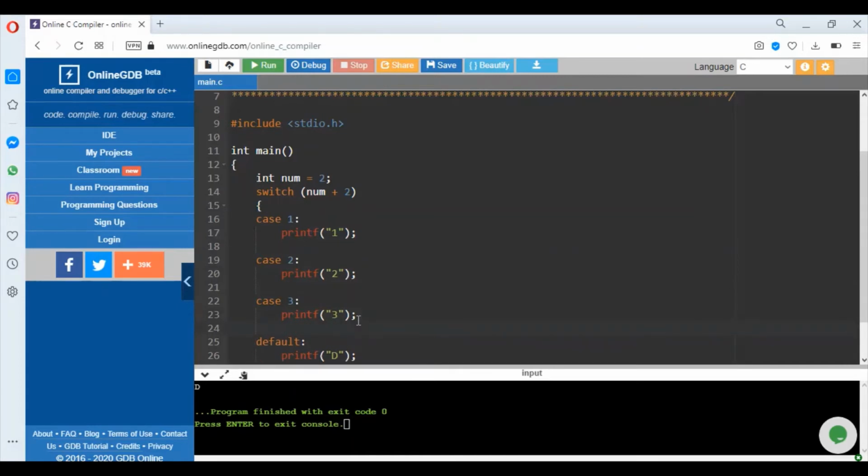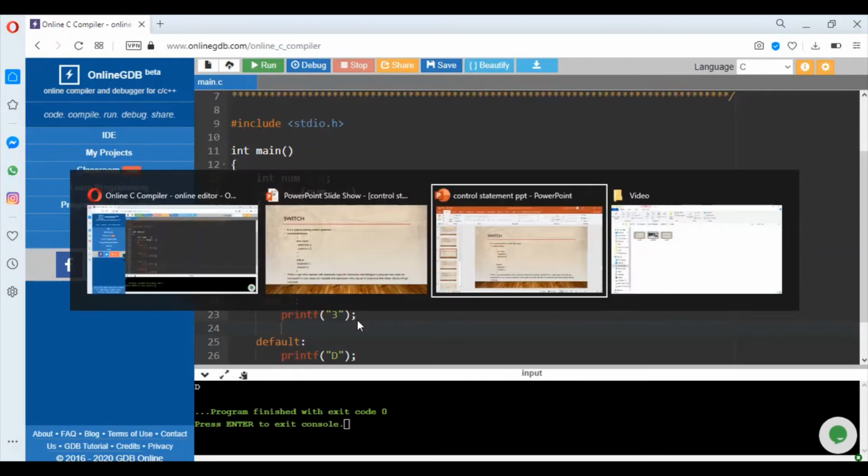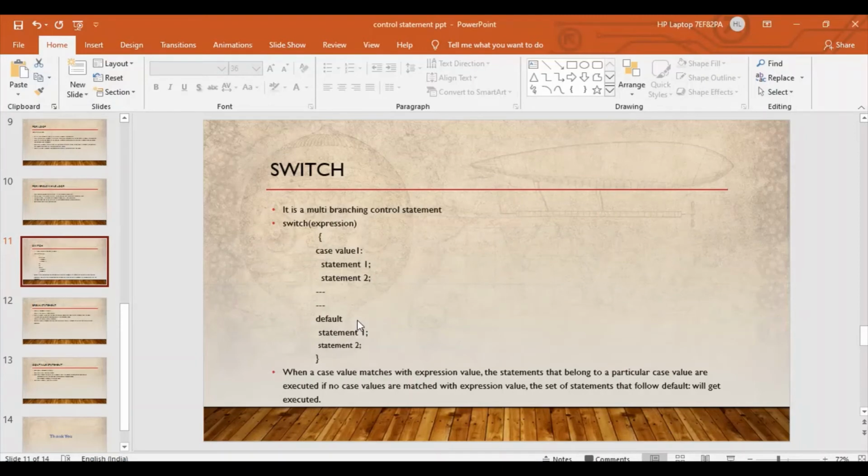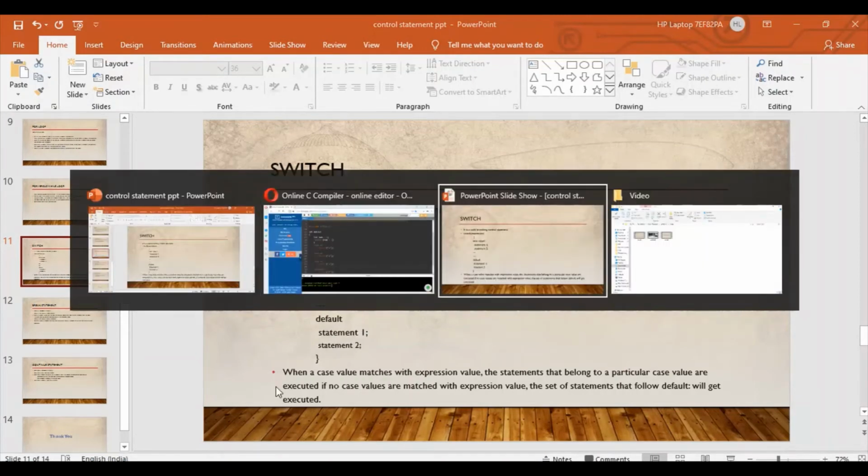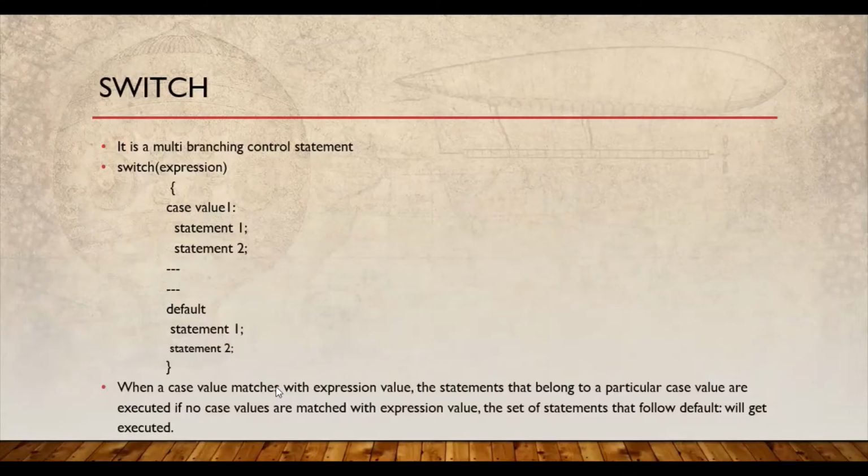Now C and C++ provides us with such a statement that allows us to exit any loop, any switch case immediately. So that statement is the break statement. Now we'll come to that part after some time.